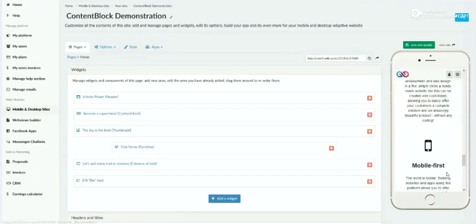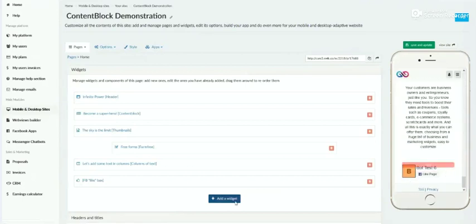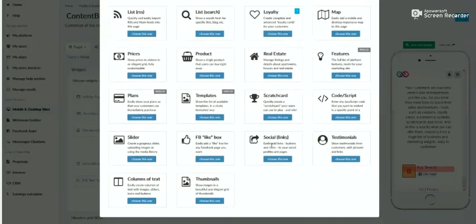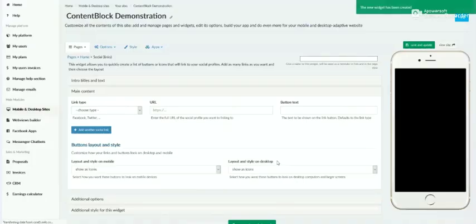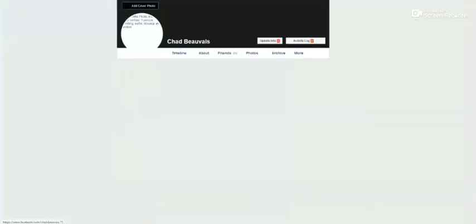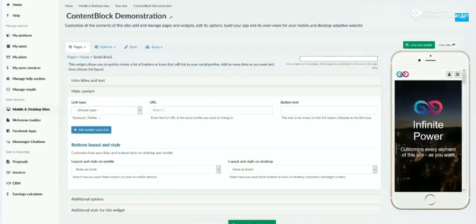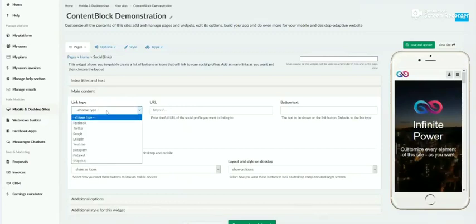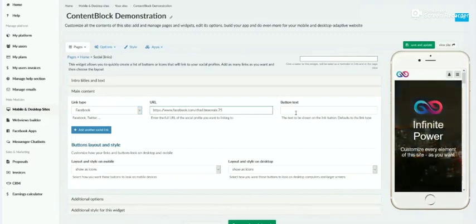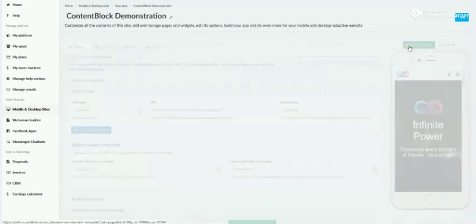And then that's just for Facebook pages. Now, if you want to share your actual profile itself, that's where you'd use the social media widgets. And those are right here, the social links widgets. This lets you easily add links and buttons about your social media. So for this one, you would want to copy your actual Facebook page, and you do that by clicking your name on the top there. And then there's your link right there, facebook.com, and then my name, because that's just a link it auto-generates. And then you'd simply choose your link type, like for this one, Facebook, type your URL, and then you would name the button so people know what it is, Facebook. And then once you save that,